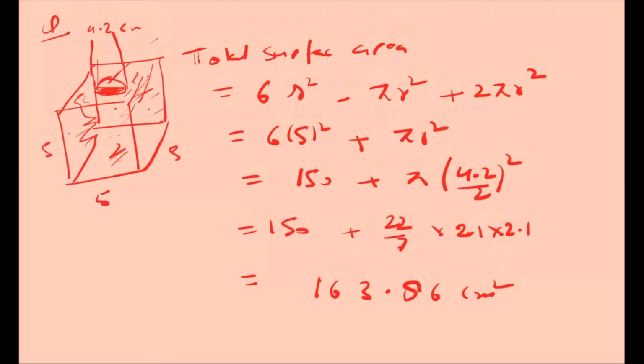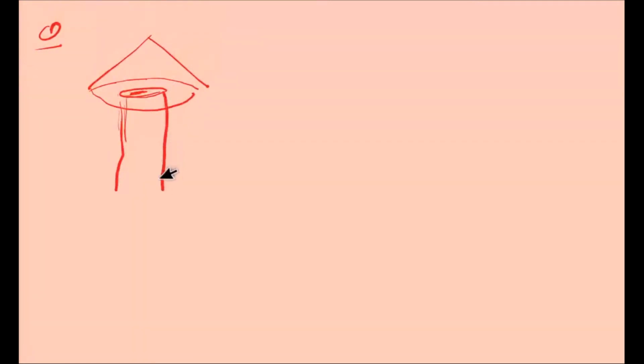Okay. Now again I am telling you some more questions, and you have to check them carefully. Let here is a rocket, and this way this cone, and this is the base of the cone, and the cone is surmounted on this shape of the cylinder. Now this is your cylinder. So now the cone is surmounted on this cylinder. Now you have to find out the paint of this rocket.